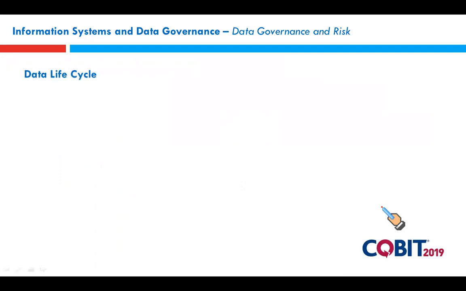Next, we have the data lifecycle. This is something discussed a little while ago by Vikas. Data lifecycle consists of different phases that data goes through in its life. There are 7 phases. Let us discuss these phases one by one. The first phase is data capture. Your information system will capture the data and bring it in your processing domain. Data capture can be of 3 types. Let us discuss it here.